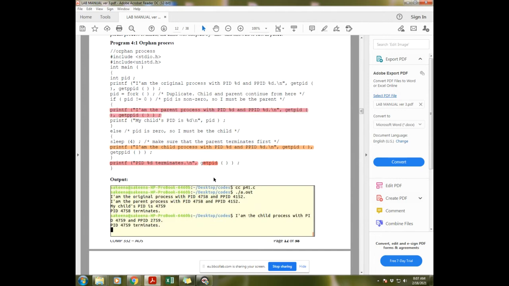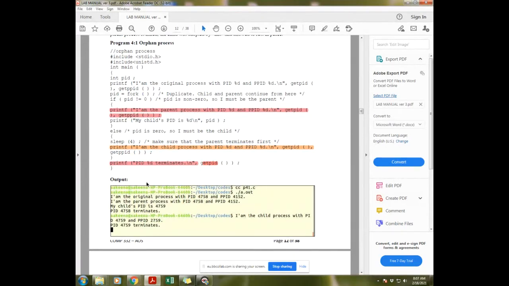These three lines are very important. Line number one is the parent process, line number two is the child process, line number three is the termination. So if in the exam there is termination of child, or in the exam there is termination of parent, for termination of parent you write getppid, that's it. Understand or no? We will run this program later. Well, we will explain.